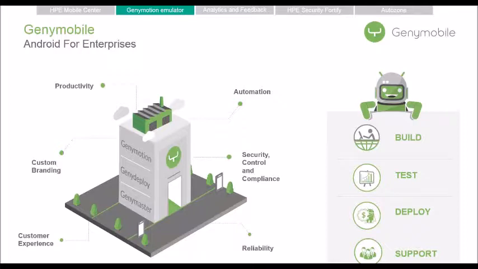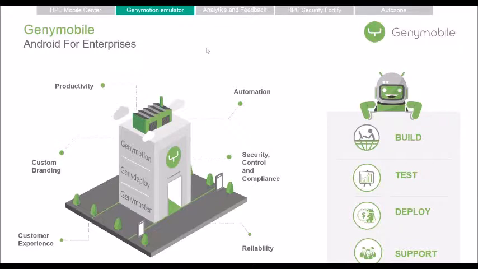In a nutshell, we have 3 products. Genymaster allows you to build your own Android distribution, your own ROM, that caters to your needs regarding branding, security, control, and compliance. Genydeploy allows you to configure your existing Android distribution before you roll out to thousands of devices. And last, and the topic of this discussion, is Genymotion, our industry-leading Android emulator that caters to the needs of a variety of users. Let's go to the next slide.